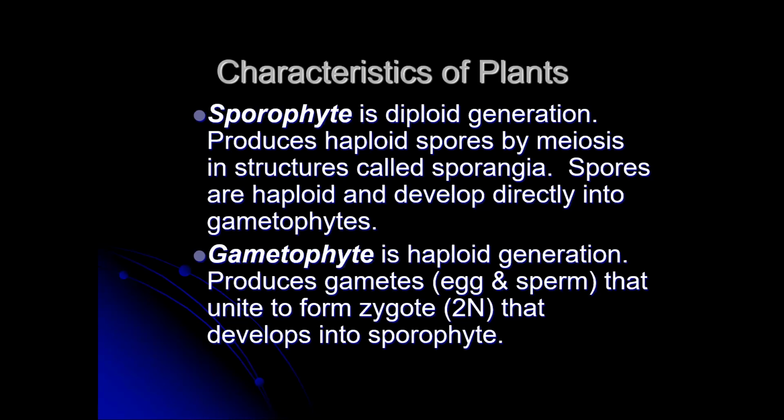But plants are more complex than animals. I keep saying that. I've been saying that all semester. Animals, we have one set we inherit from mom and one set we inherit from dad, and that gives us two. So we're called diploid. When we're talking about plants and somebody uses the term diploid, it is kind of a default word. And what it means is that it's the full complement of chromosomes, however many that particular species has. So with plants, we have what's called polyploidy. Instead of inheriting one set from mom and one set from dad, they might inherit two sets from mom and two sets from dad, or three sets and three sets, and four.